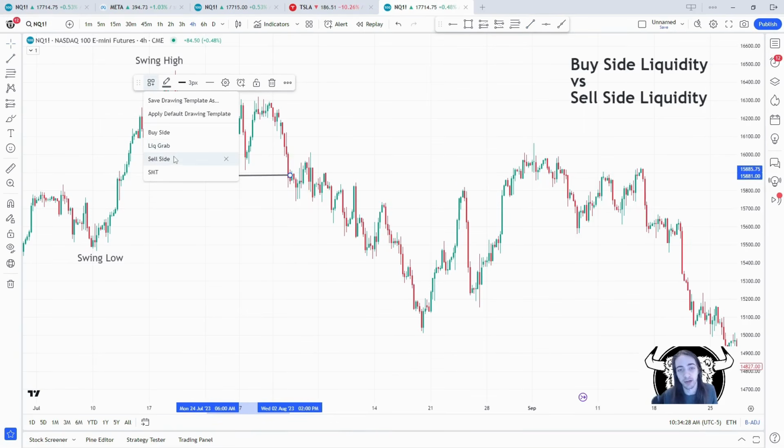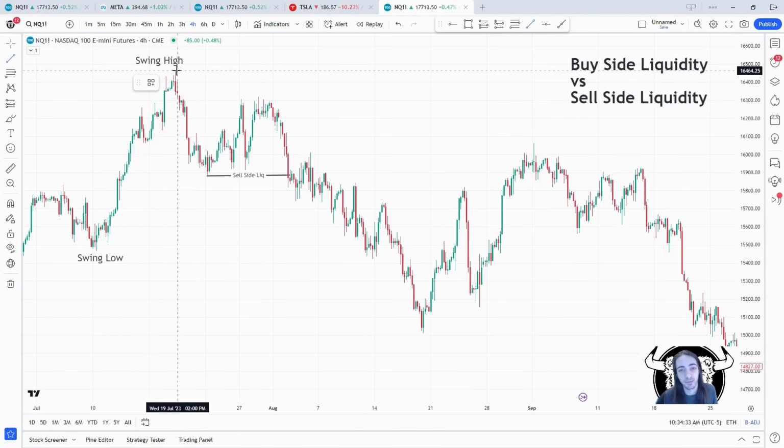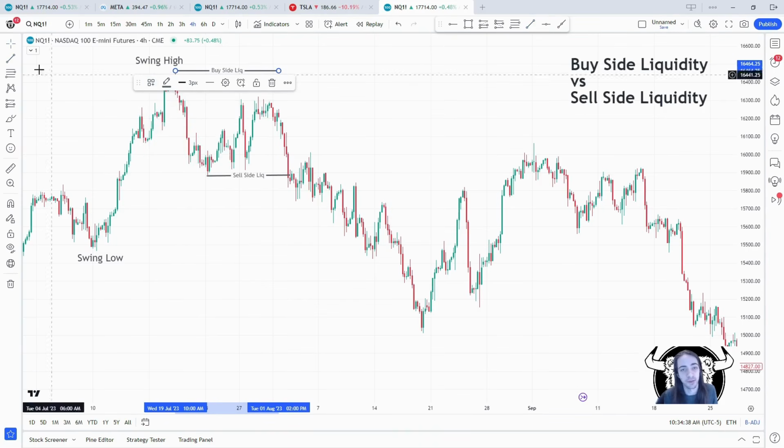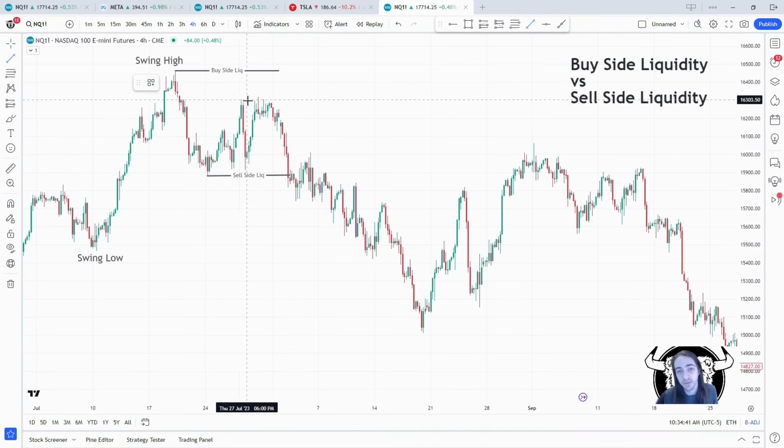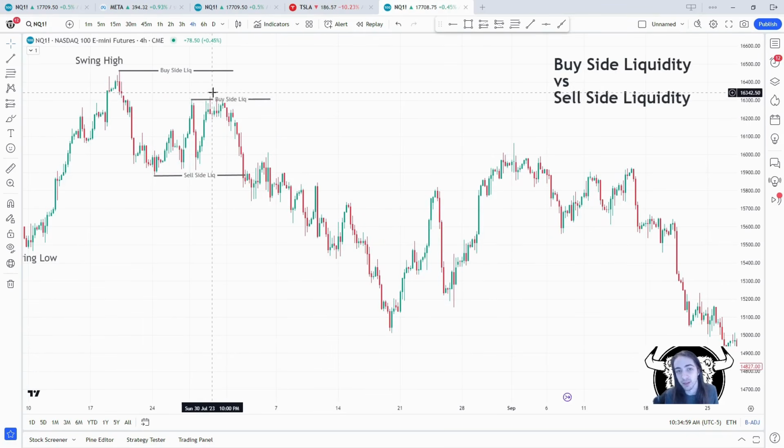So here we would mark out some sell side liquidity. Up here we would look for some buy side. We could have buy side liquidity at this top candle. We could have some more buy side. We have another swing. See this pivot right here? We came up, we had a strong drop right after, so we would mark this as buy side liquidity. And what happened? We used this buy side liquidity as an area to stop hunt before we got a stronger move to the downside. So we would mark this out as buy side liquidity, and we would take this trade short. We would look for potentially a fair value gap or some other type of confirmation to enter this trade